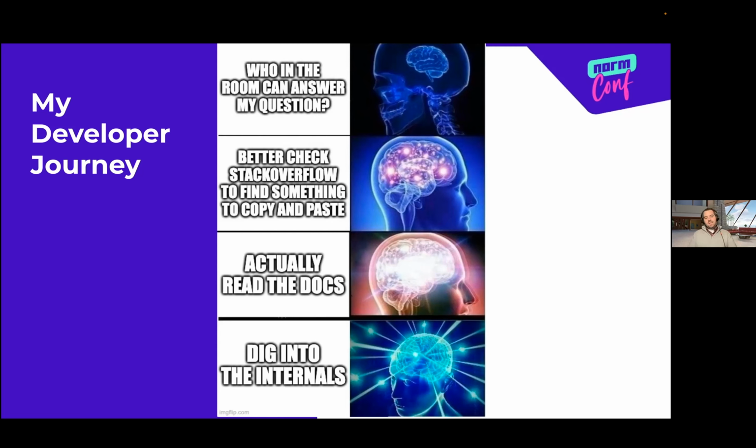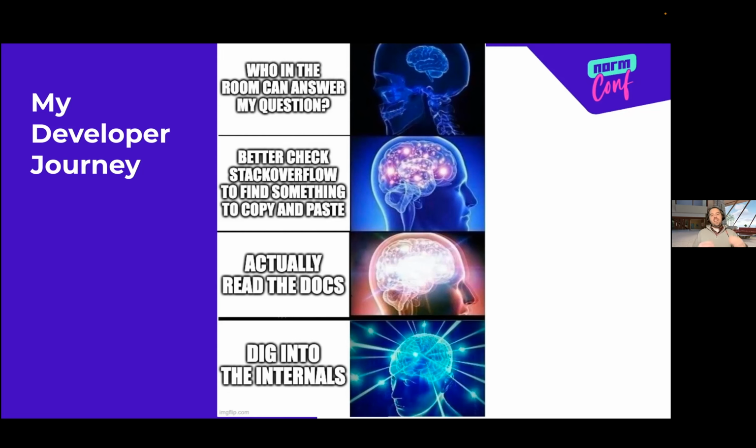But a few years in, a new coworker came in, and he just seemed to know so many things about the software that we were using. And I had been working with it for a while. And how did you find that out? Oh, well, I read it here. Well, how did you find that out? I read it here. And this is a guy who would actually read. He would read the PEPs for the new Python features coming out, and he would just read the documentation for the tools we were using. And I finally, after going to him again and again, realized, oh, I should start doing that.